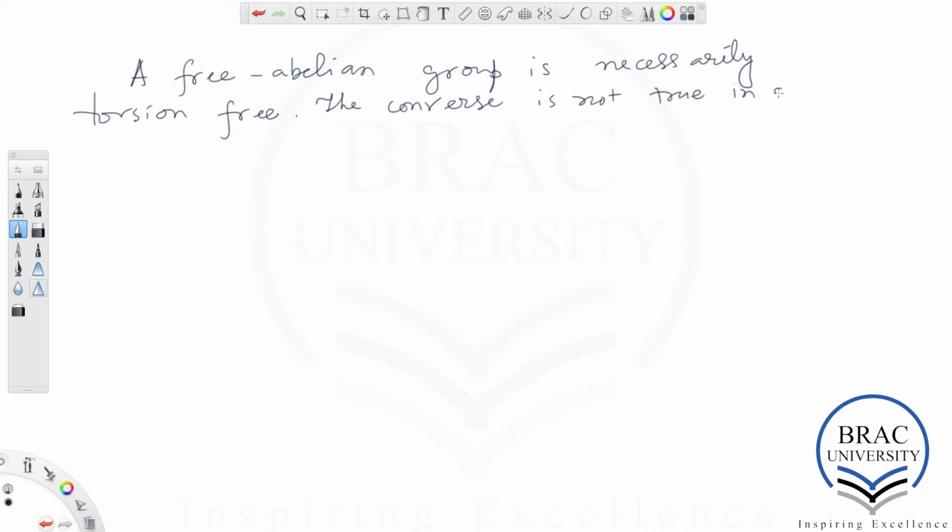True in general, meaning that there can be torsion free groups which are not free abelian. So this is an exercise. Find an example of a torsion free group which is not free abelian. Okay. All right. Now the notion of direct sum.